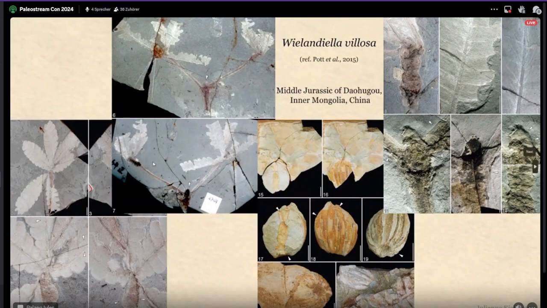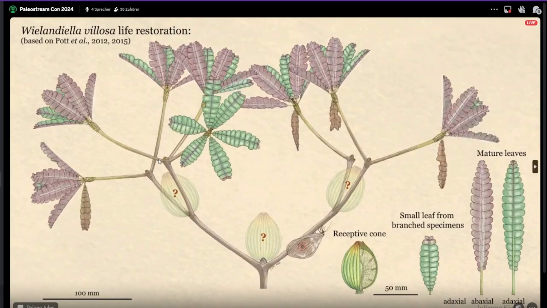Weelandiella villosa. It's the same genus as the previous plant I was talking about, but it's a different species from China. As you can see, it would have grown slightly differently. The stems were narrower, they were straighter, and while they were about the same length as the previous species, or a little shorter, the leaves were potentially shorter than the internodes, which means that the canopy of this thing would